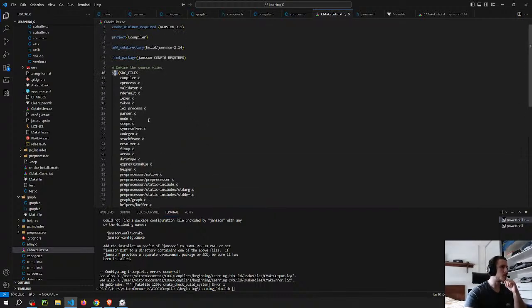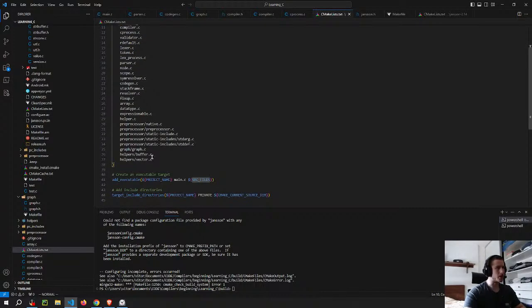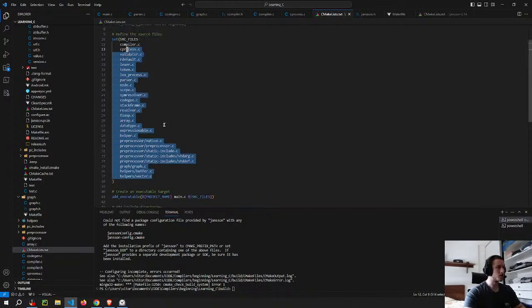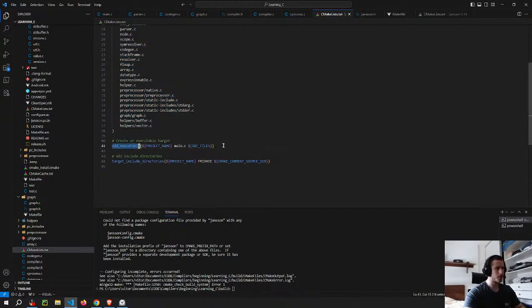So the way that it works is that this command here sets whatever variable you put here to be equal to whatever arguments you put after the name. So this creates a source files variable that's going to contain all these files. And then you have this add_executable, which everyone recommends, to put whatever code you want to build first. So it's kind of different than the cmake one, because on cmake you put the name